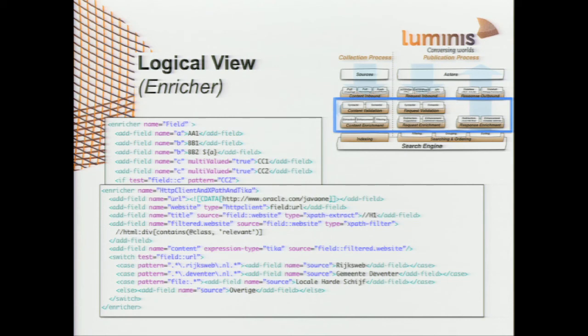Then we can use Tika to take out all the individual terms from that filtered website. And later on we can use switch tests to look at the various fields to create new properties. So it's a very powerful but also complex DSL that you can use